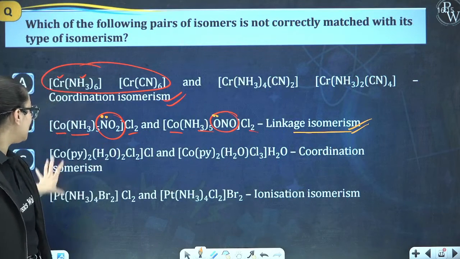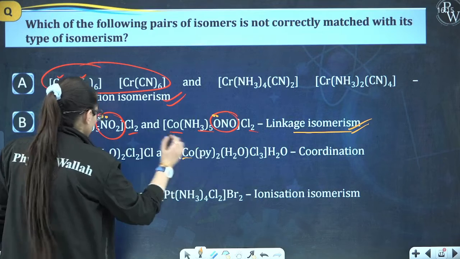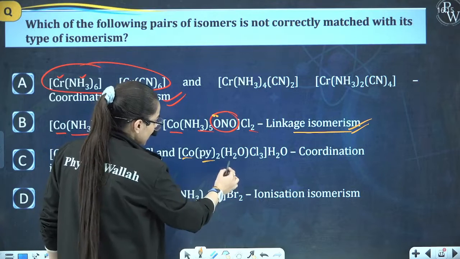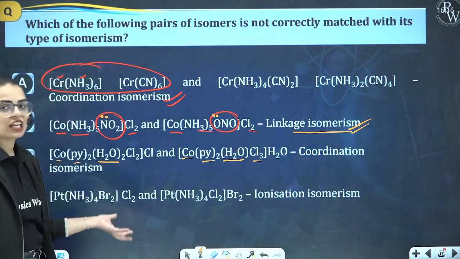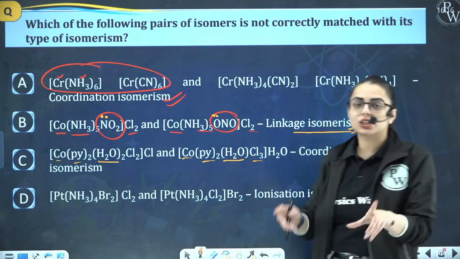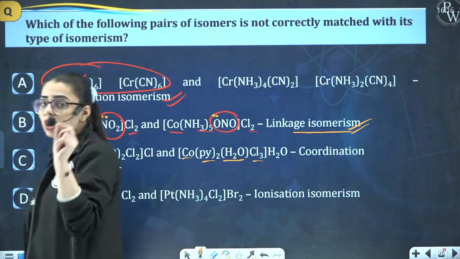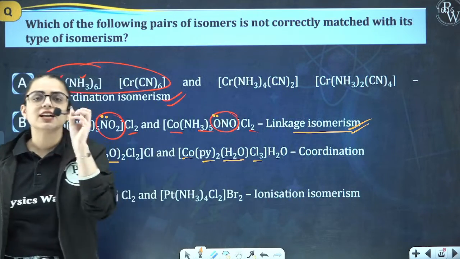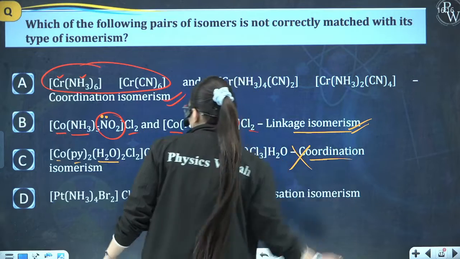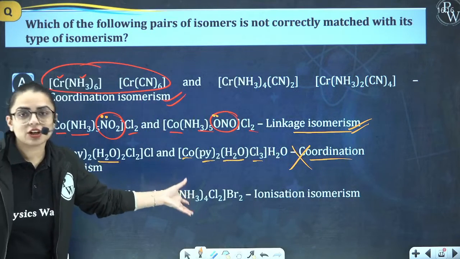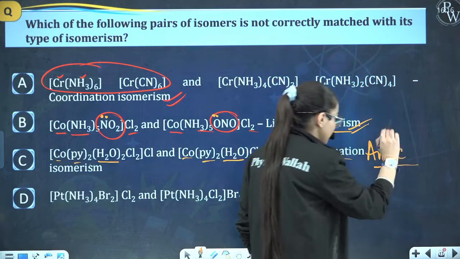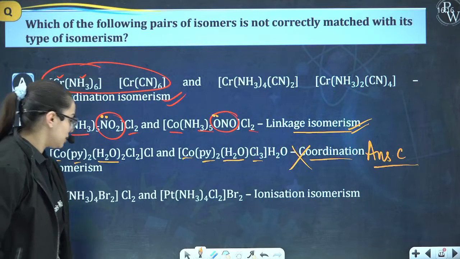Now comes the third category. Over here, Co is the central metal atom, pyridine twice, same. H2O twice, Cl twice. Here H2O is 1 but Cl is 3. When we take water as our solvent and talk about the exchange of the counter ions with the water molecule, they are referred to as solvate isomerism, or, which one? Hydrate isomerism. So yes, this is wrong because they have written coordination isomerism. No, they are basically your hydrate isomerism. So the incorrect statement is your option number C. That will be your correct answer. Great. Shall we proceed to the next part?